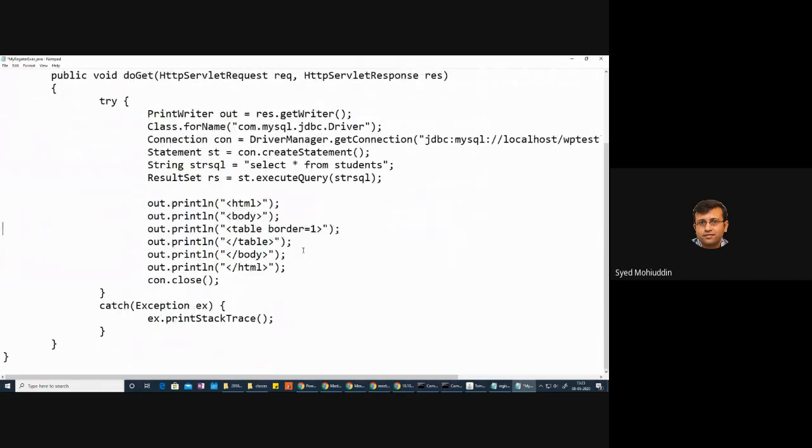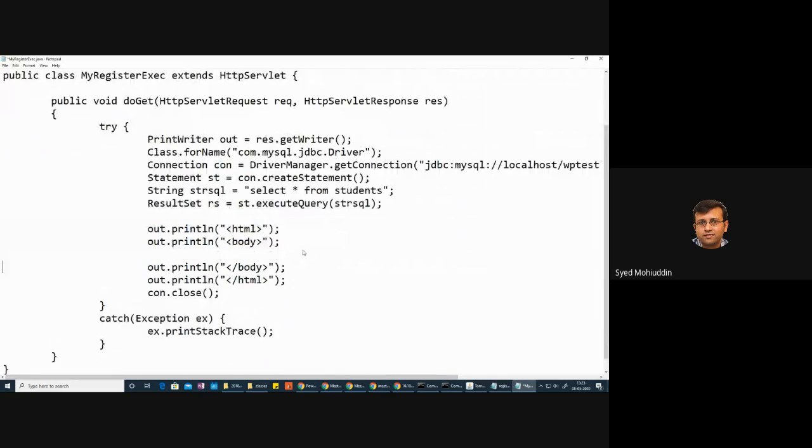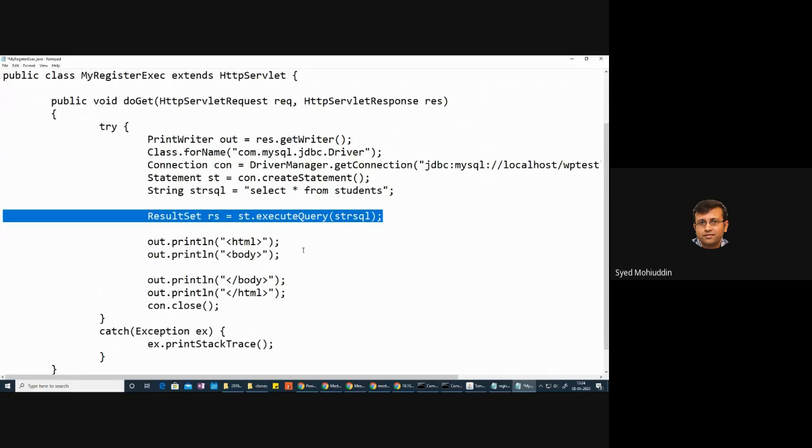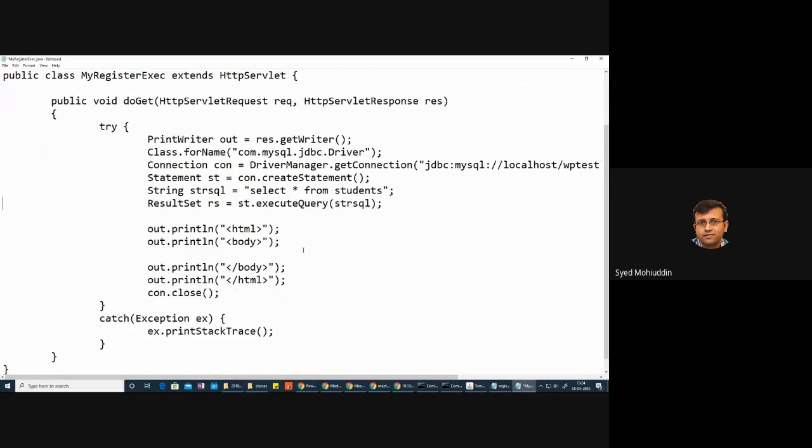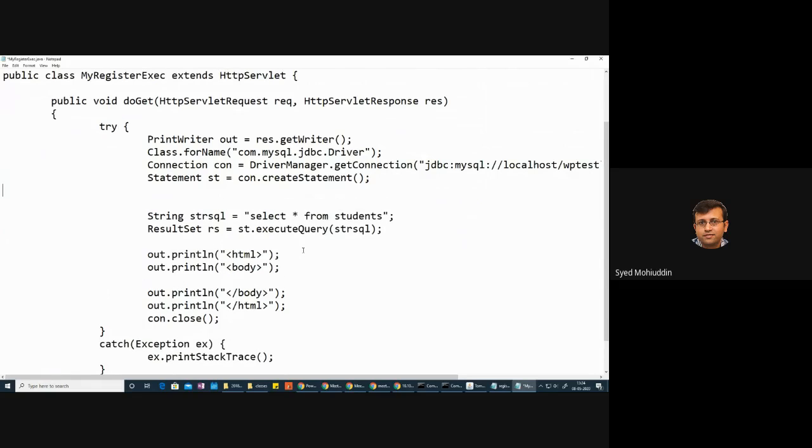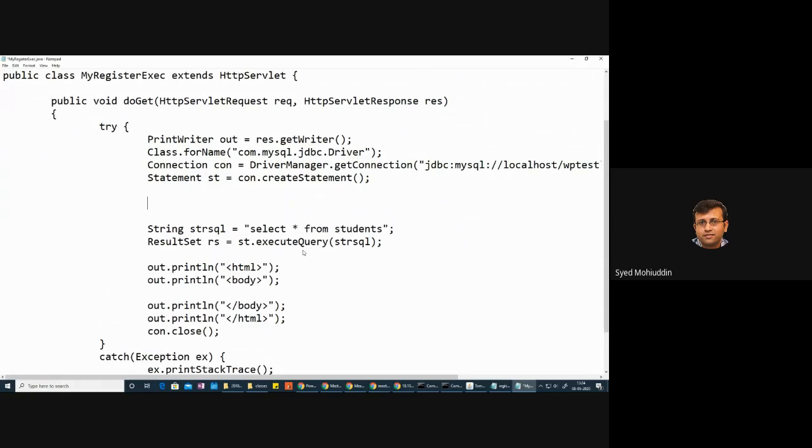We don't even need a table statement. Just let us have a body part. Now we will look at this statement later, as well as the string. We will look at it later. Now, the very first thing is we need to retrieve the data. So data is retrieved